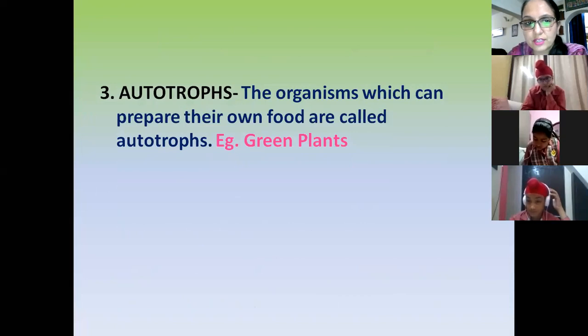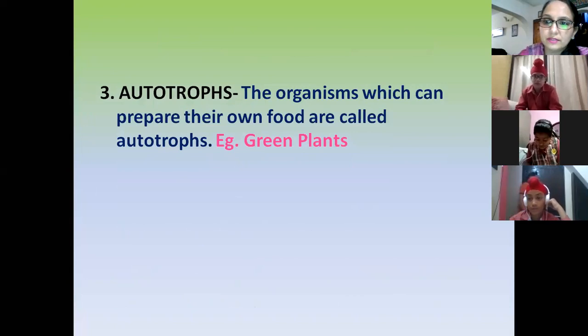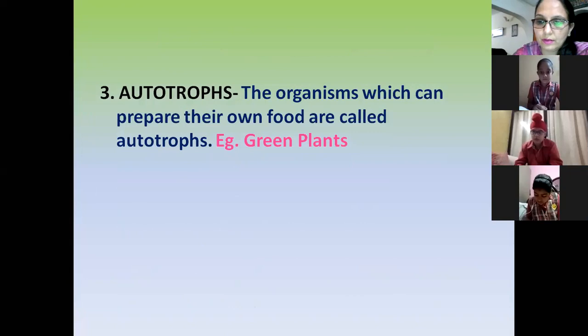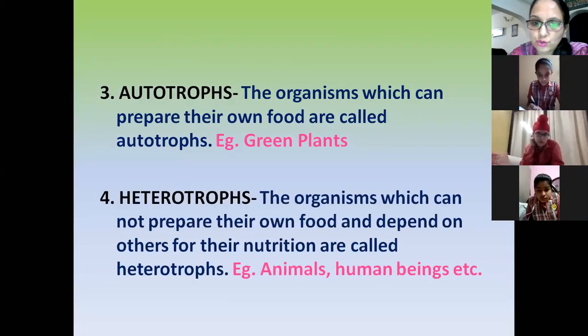Next, third definition is autotrophs. Auto means self, apne aap, automatically. Organisms which can prepare their own food are called autotrophs. For example, green plants. You have to write the example with pink pen. Okay. Now the fourth definition is heterotrophs. The organisms